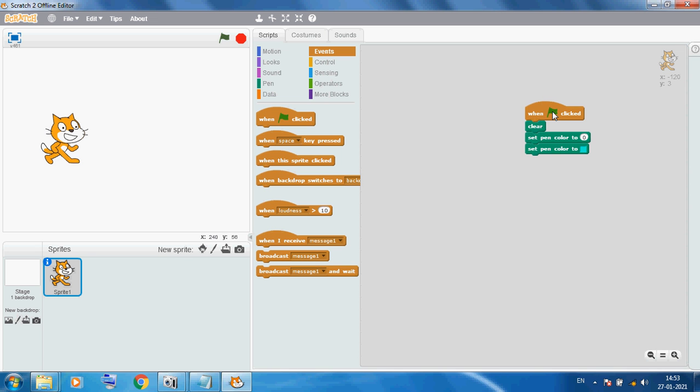When you click this object, now we can use pen. First we change the value to 15.